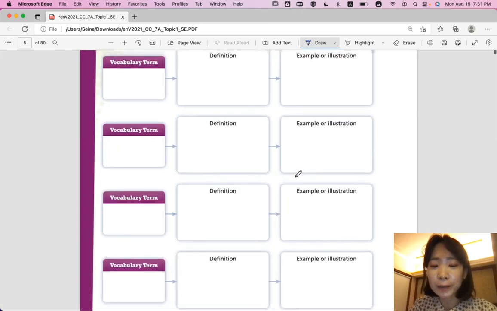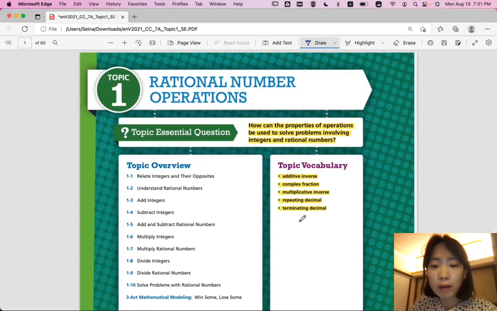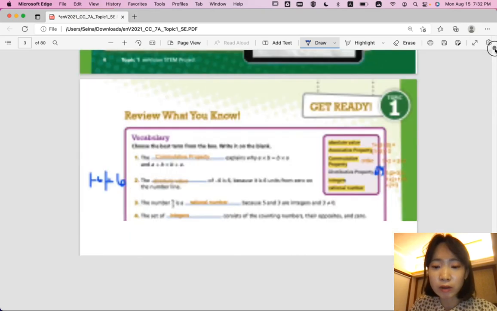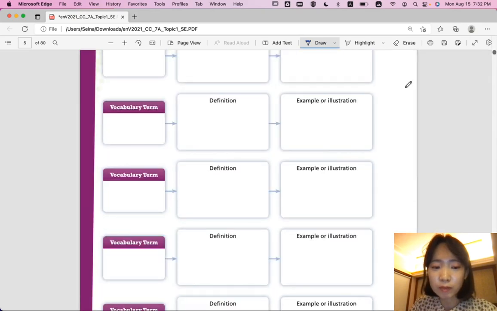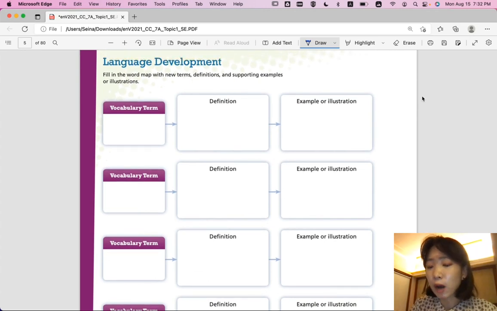Okay? Just like we looked at in the beginning of this topic, we have these topic vocabularies: additive inverse, complex fraction, multiplicative inverse, repeating decimal, and terminating decimal. You can use them to put in this graphic organizer. Alright, so that was the intro for topic 1. We'll continue with lesson